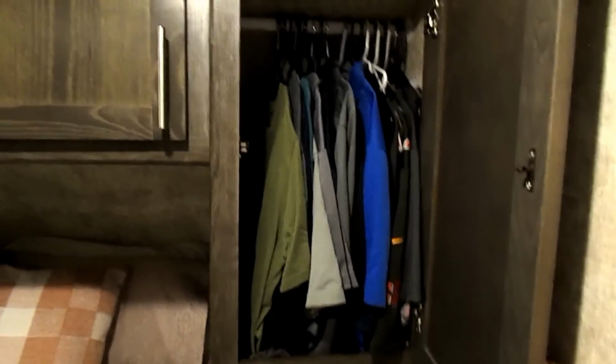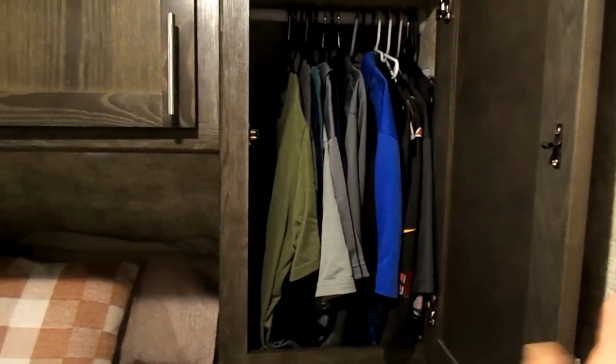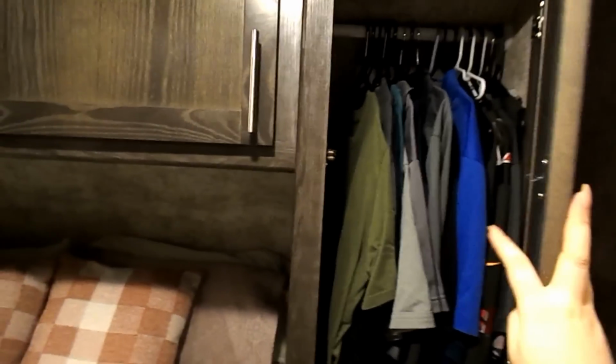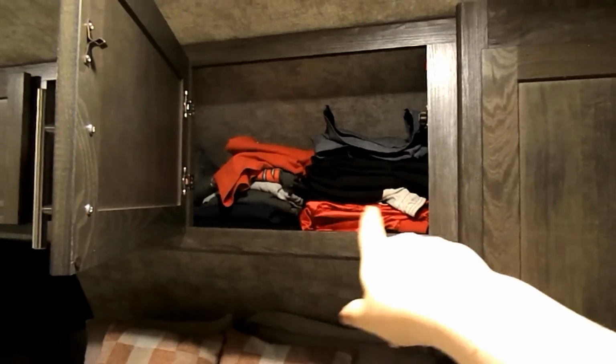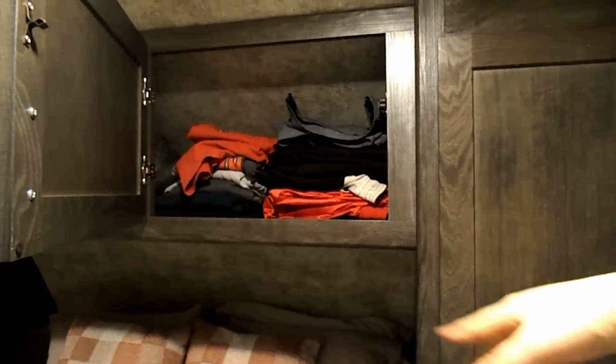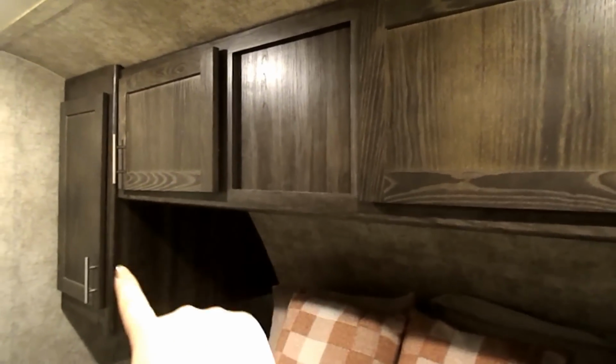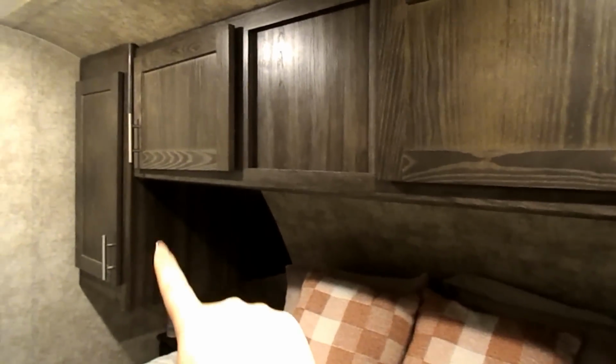This is Joey's closet. So the closet works for him because he doesn't have super long items. As for me, I will show you what I had to do. All his shirts are here that he wears that need to be hung up. And then his work shirts and his shorts are in here. His pants are in here as well. And then over there are his jackets and sweaters,